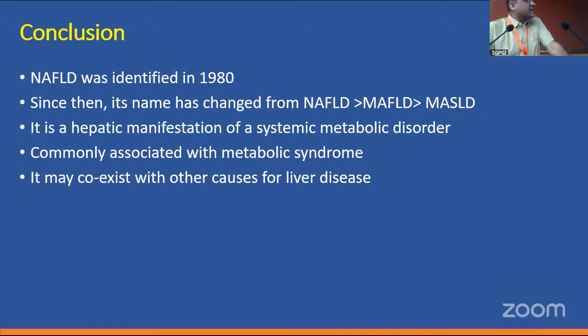So it is a part of systemic metabolic disease and commonly associated with several others, especially diabetes. And most dangerous is when it is associated with diabetes and obesity. But it can coexist with any other cause of liver disease, say autoimmune hepatitis, Wilson disease, hepatitis B, C, alcohol, any disease. So it is no more an isolated condition in the present era. Right. So if there are any questions, I will try to answer.